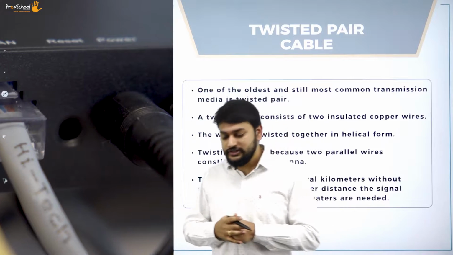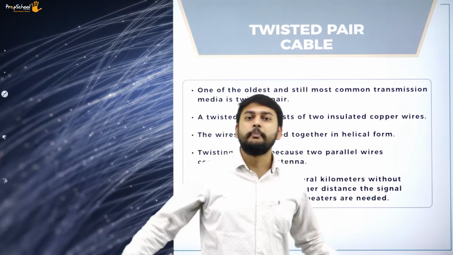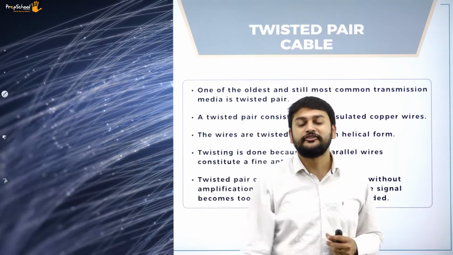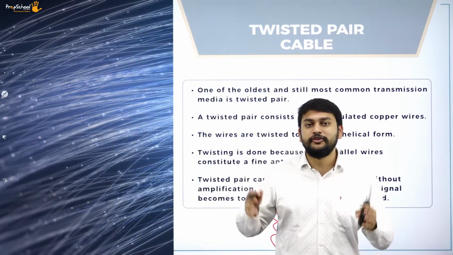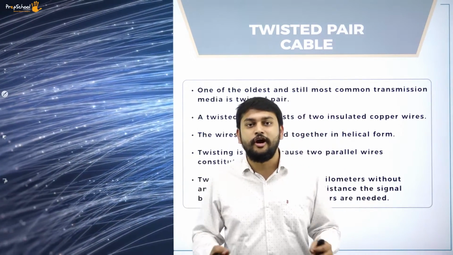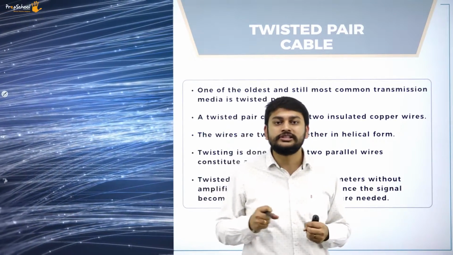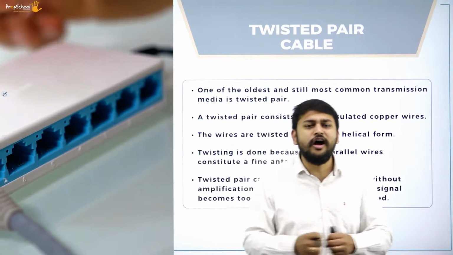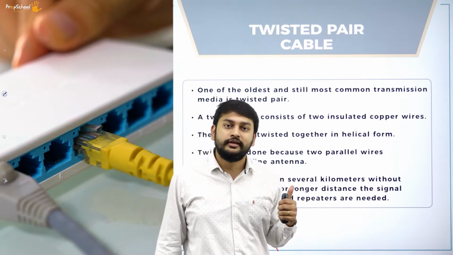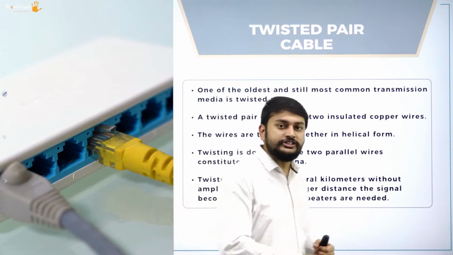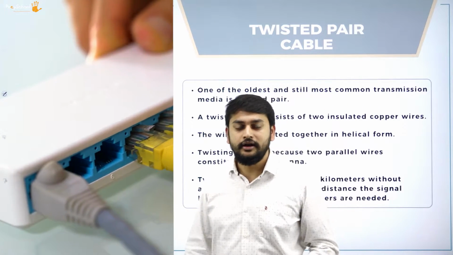The advantage of this twisted pair is I can transmit the data for a longer distance, but if you are transmitting the data for a longer distance, the signal will not be with full power. So you might lose out a lot of data. The signal strength will go for a toss if you are transmitting over a longer distance, is what you need to understand when it comes to the twisted pair. We have two types of twisted pairs: one is unshielded twisted pair and the other is shielded twisted pair.